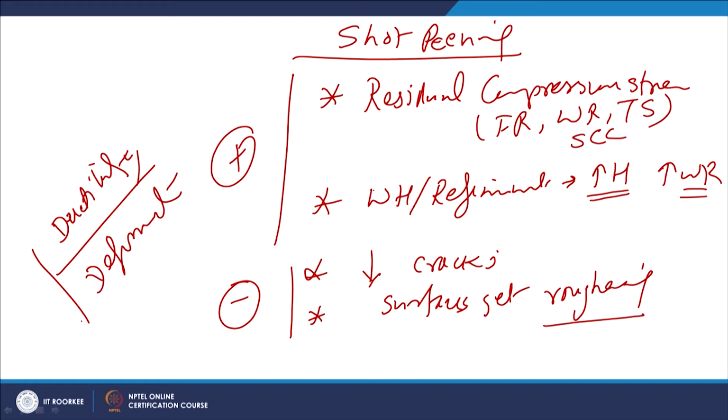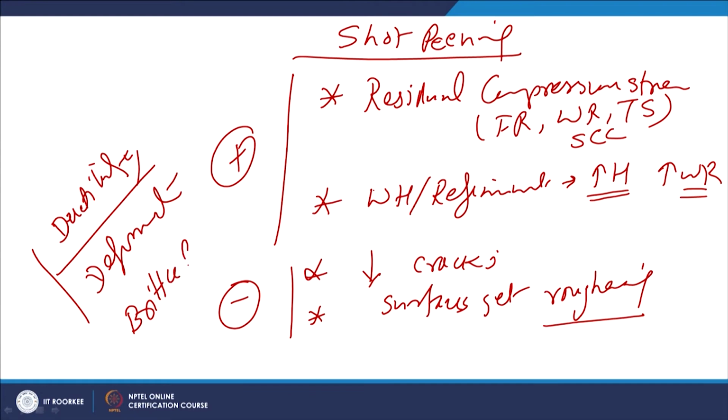If the material has very limited ductility, like 1%, 2%, in that case shot peening will cause brittle fracture onto the surface and removal of the material in the form of fine debris through the development of fine cracks, and their propagation will lead to the removal of the material in the form of fine debris. So, impact wear may occur in that case if the material has very limited ductility. So, this may not serve any purpose.